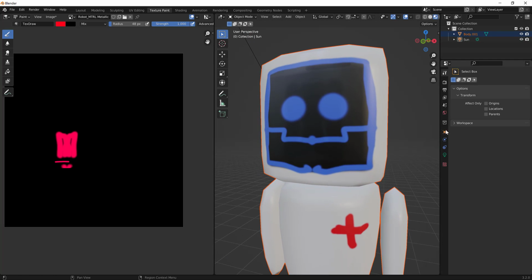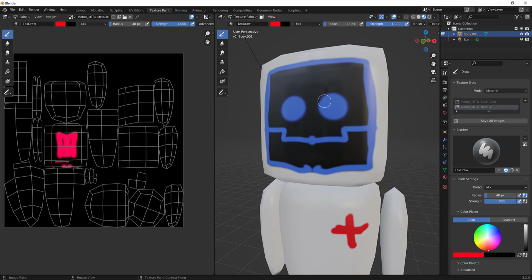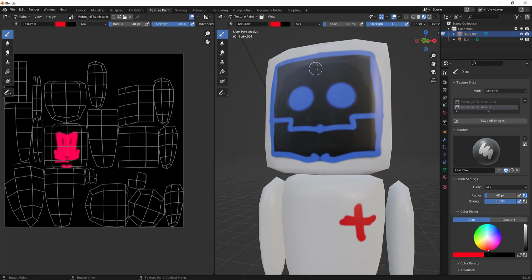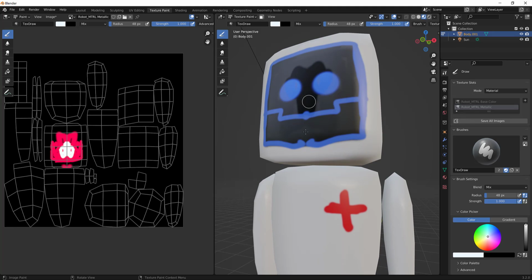So what's happening here is, let's hit Tab and go back to texture mode. Oh, you know what? We don't have this character selected. There we go. As I paint this, notice that certain areas become more reflective than others. Actually, it's coming out red. There we go. Now, notice as we paint this white, where our monitor screen is,